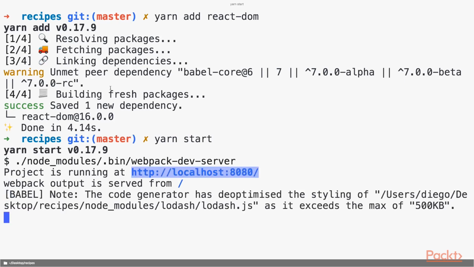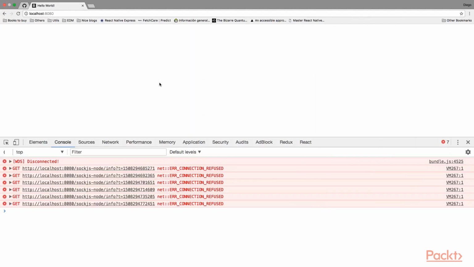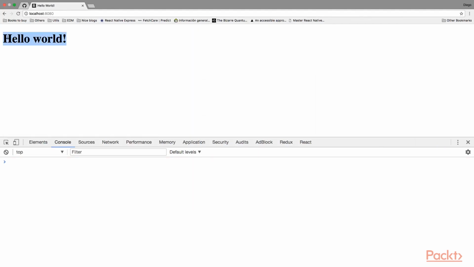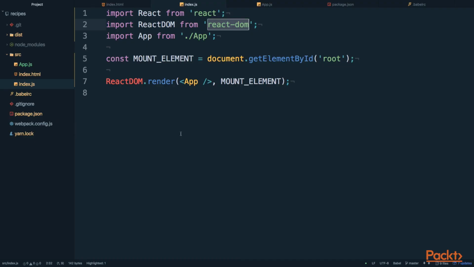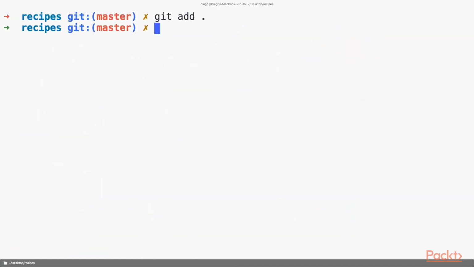Wait for it to boot up, and when it finishes, you should be seeing hello world, but this time being rendered using React. Cool, right? So stop your server, commit your changes,